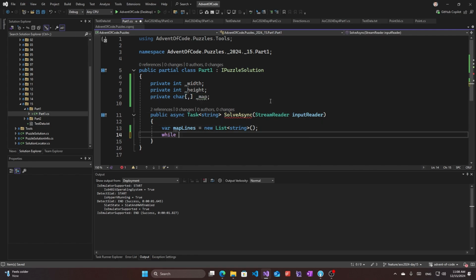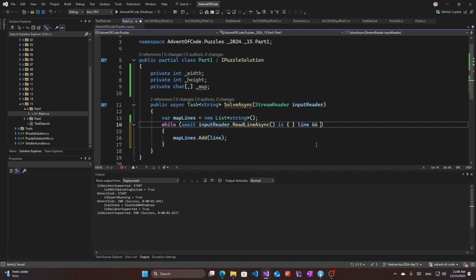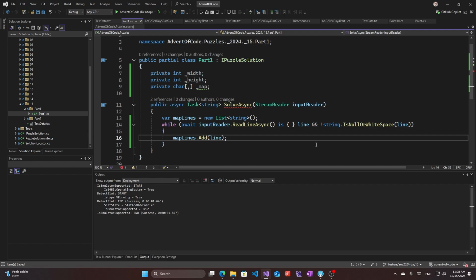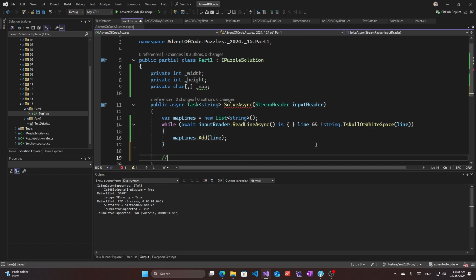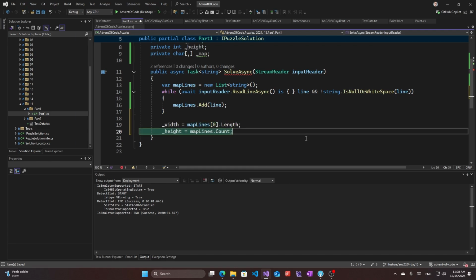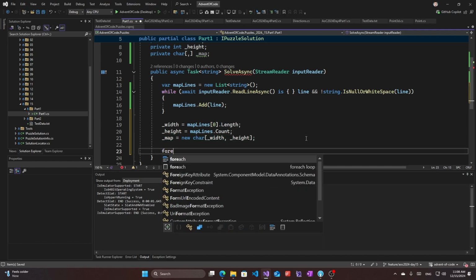So while the string is not empty or white space line, this will be reading the map first. So we'll add to the map lines, and when we finish, then we have width equals the length of the first map line, and then we initialize the map, and